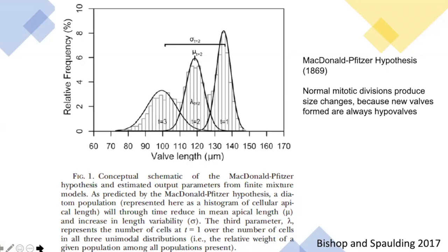And so if we look at a whole diatom population, they actually start out big here in microns. And over time, the cell size, the valve length, moves to the left in terms of their distribution, and the size distribution of the population becomes more spread out. And this is a characteristic feature of diatom assemblages. Once they reach something like 40% of the maximum size range,